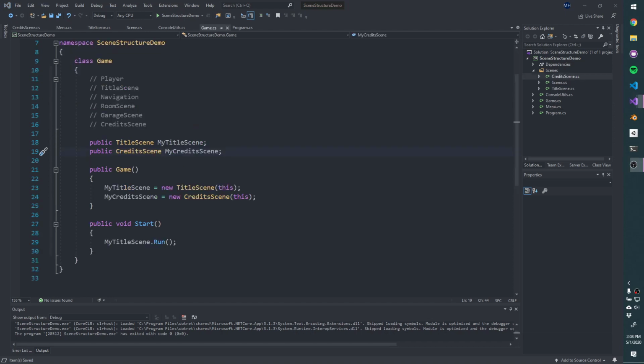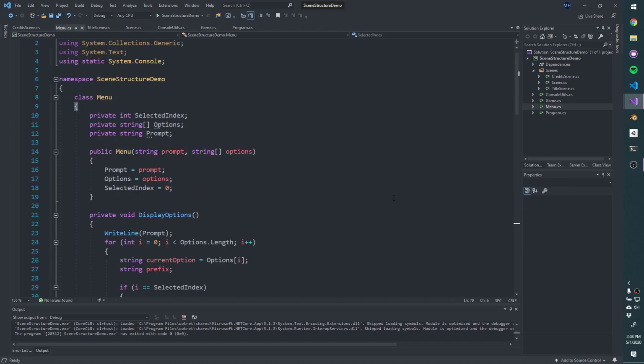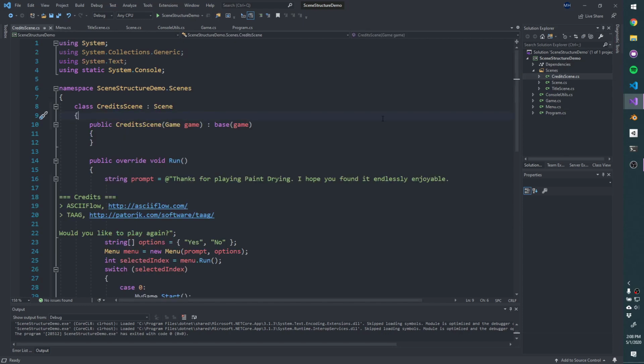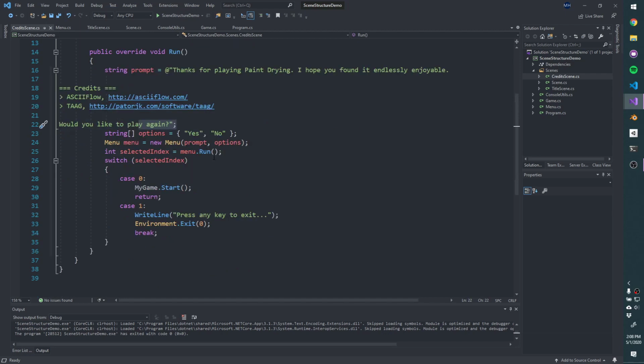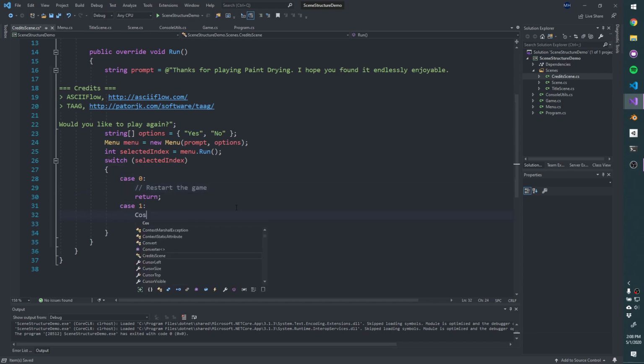Okay, so I added a couple of things. One, I added the menu that we created in the paint drying past video, which is controlled by the keyboard, so go see that if you want a refresher on how to build that. And then I added a credits scene here, which inherits from scene. It has a run method, and all it does is print out some credits and then ask the player, do you want to play again? Yes or no? And this, we'll fill this out together, restart the game. And this should be console